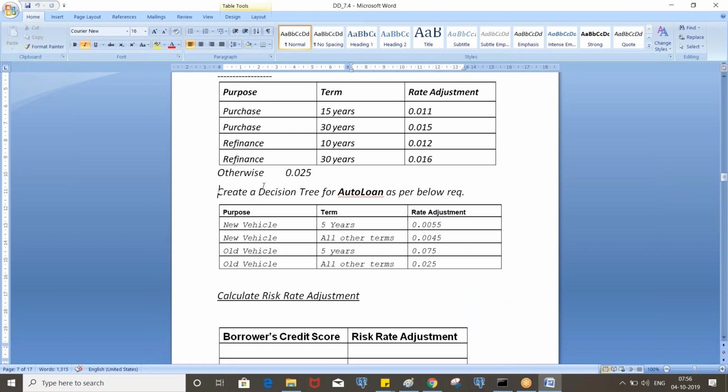So you can note down this for auto loan in the same decision tree, and you can put these conditions. If the loan type is auto loan, again you select the purpose and terms. So if it is 5 years, written this much, other than 5 years, written. Okay. So in real-time applications also, you will get the requirement in this way. Not exactly like this in the boxes. It can be in the description format also. But by reading the requirement, you should be able to understand what kind of rule you need to go for.